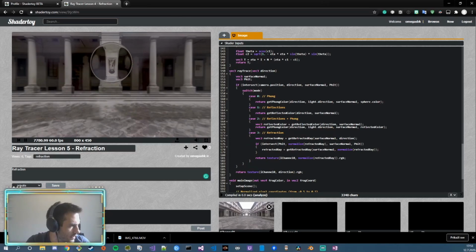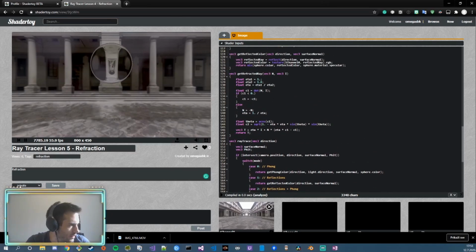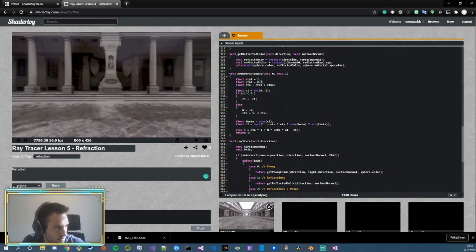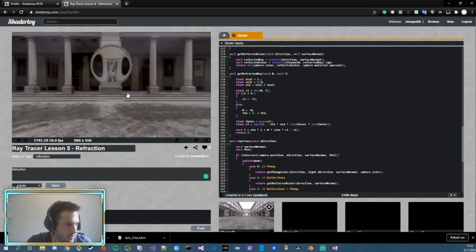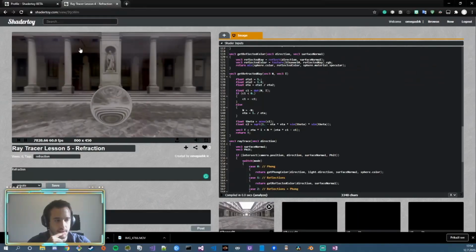So refracted ray is gonna be this one. Okay, it might be that I flipped these two. No, I did it. Okay. Cool. So it still doesn't look as good as it should look like. I think. Let me see. The thing I want to do,